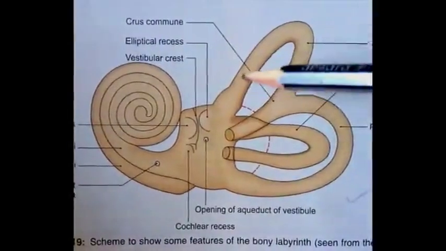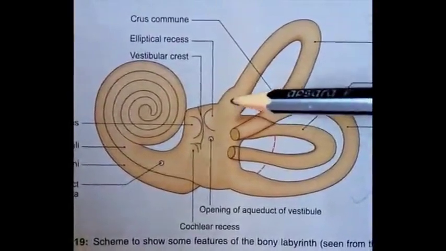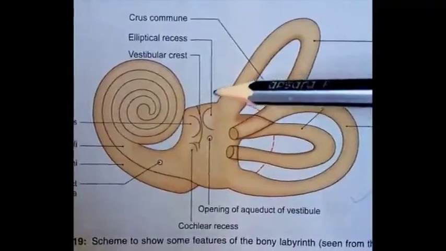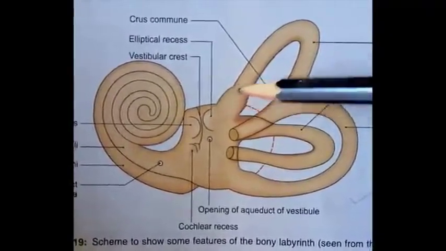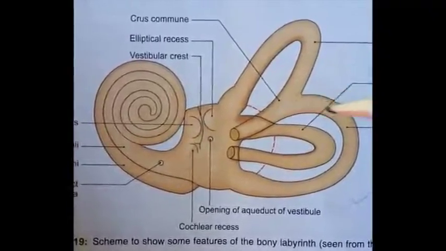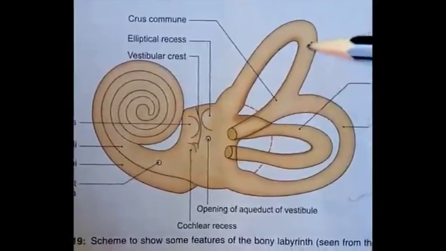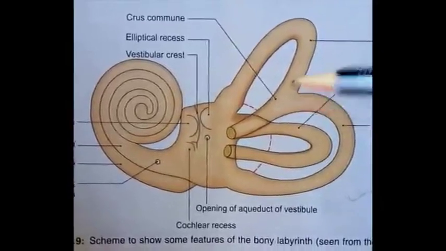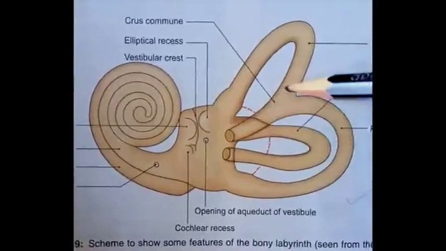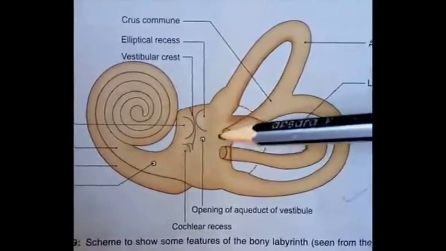Superior semicircular canal has 2 ends. This is anterior end, which ends in a dilatation known as ampulla. So ampulla lies in anterolateral position, and posterior end unites with the upper end of posterior canal. This is posterior canal. This is the upper end of this posterior canal. Here both the canals unite and form a common structure known as crus commune, which opens into the medial wall of the vestibule. So these are opening into vestibule.